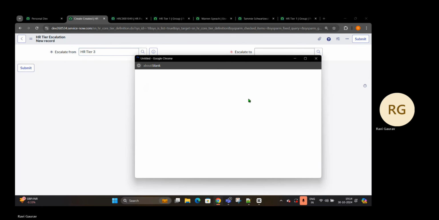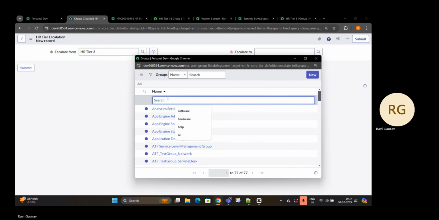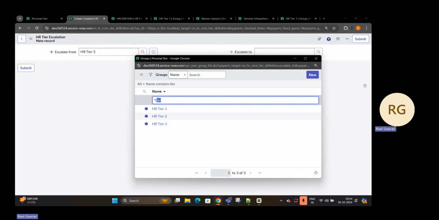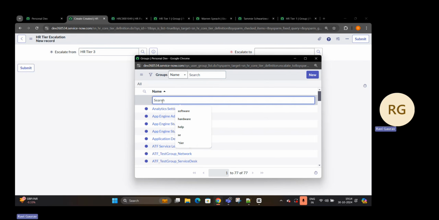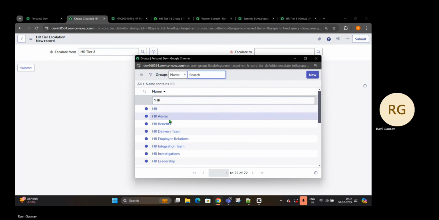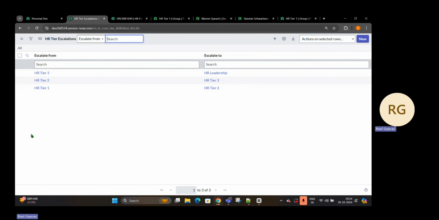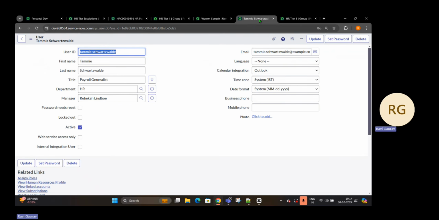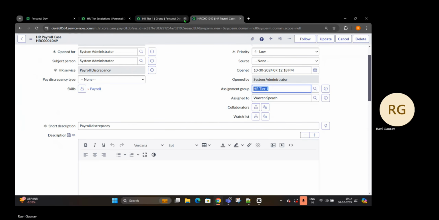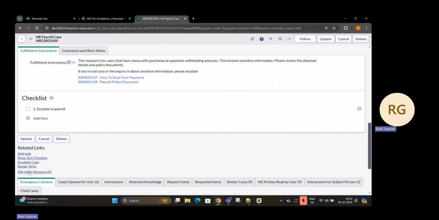tier 3 will be escalated to... there are only 3. So what I can do is put a random HR group. Let's say it will be going to HR leadership instead of admin leadership. Let's see what will happen. So I have 3 rules. If I click on the escalate button, which is out of the box, and right now we have an HR case open. And if I click on escalate case,